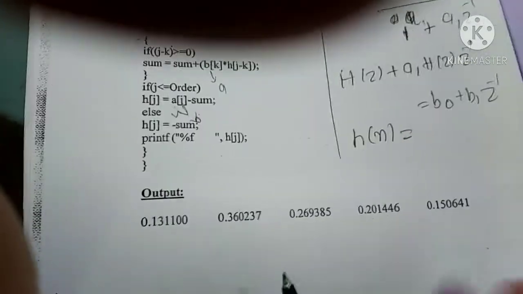So calculate the theoretical value and the practical value depending upon the values you have given in the expression. Depending upon the values you have given in the expression, you will get the output. This is for two cases. One, the order is 1, and here the order of the sequence is 2. What is the length of h of n you want? 5, so here we have given 5. So here also we have given 5. You can give any other values also. Thank you.